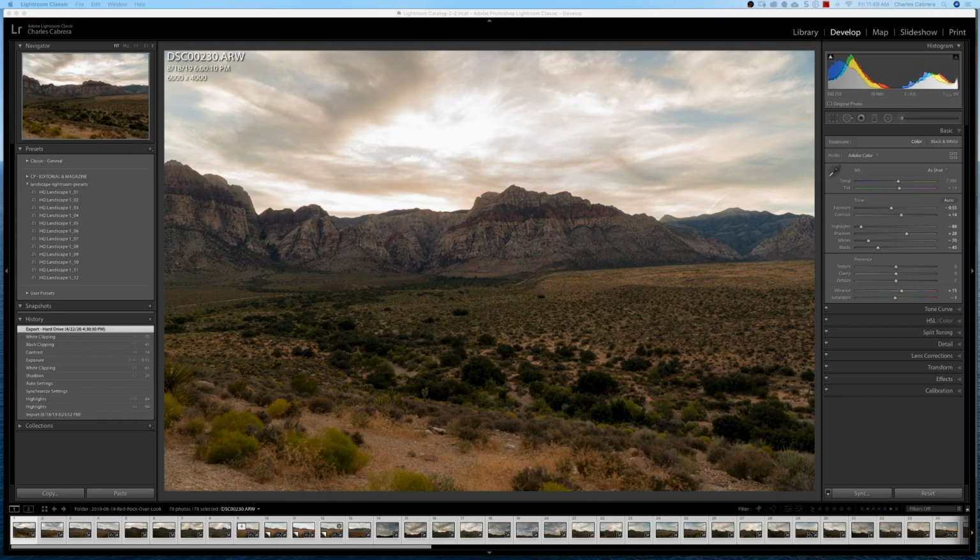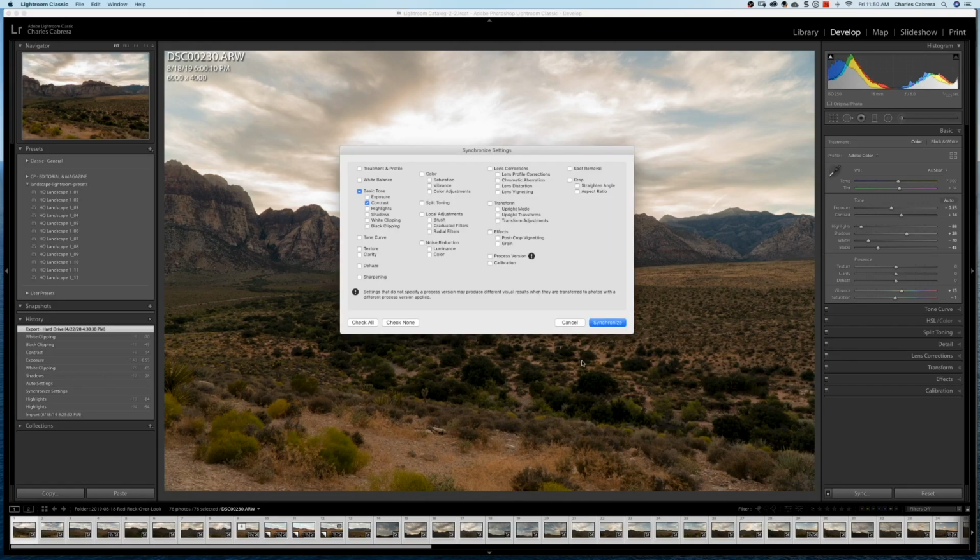So one of the biggest features of Lightroom is the ability to bulk edit. Part of the workflow in Lightroom, you have the film strip so that you can edit multiple photos at the same time. So if I make a change to this first photo and say I change exposure, contrast, and shadows, I can highlight all the rest of the images in the film strip and click on the sync button.